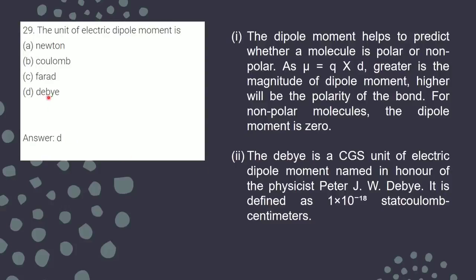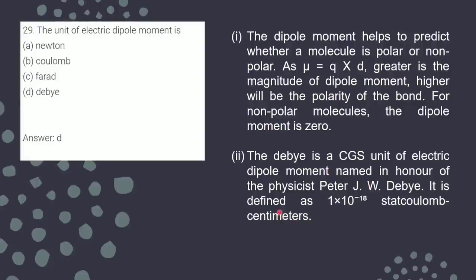This is one more question with you, that is the unit of electric dipole moment. That is of course coulomb meter in SI if I do right, but in CGS you should be adding it to your knowledge. It is debye, D part is correct, and 1 debye equals 1 into 10 to the power minus 18 stat coulomb centimeters. Coulomb meter is the SI unit and this is the CGS unit, named after a scientist. We have discussed the relation between coulomb and stat coulomb. 1 coulomb is 3 into 10 to the power 9 stat coulomb, and this is in stat coulomb centimeter.